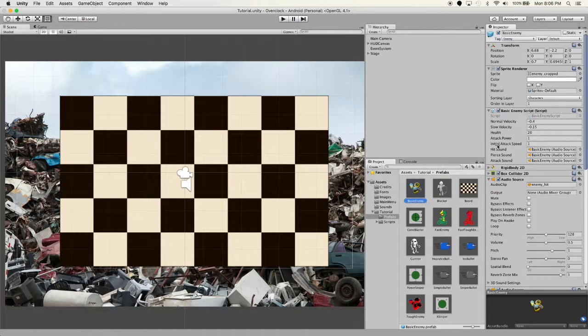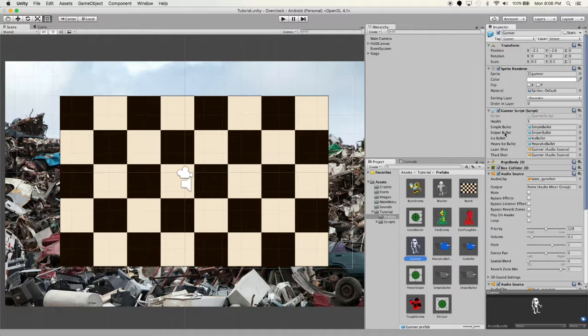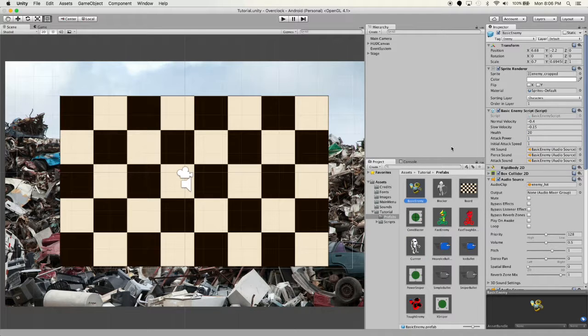The enemy's attack power is 1 at a speed of 1 hit per second. So in 5 seconds, if not stopped, the gunner will go down from 5 hits from a basic enemy. So hopefully that gives you a pretty good idea of what's going on, and I look forward to feedback and